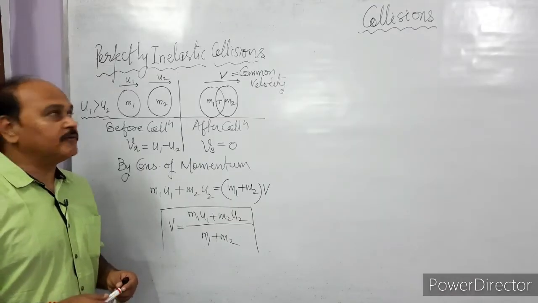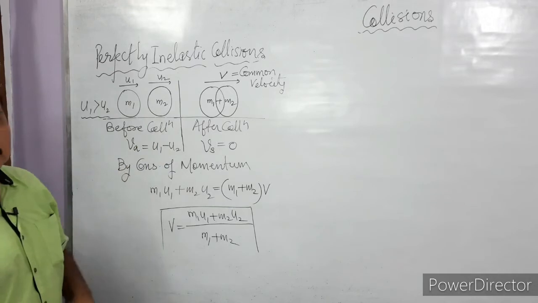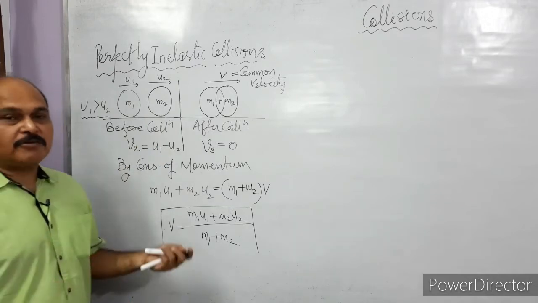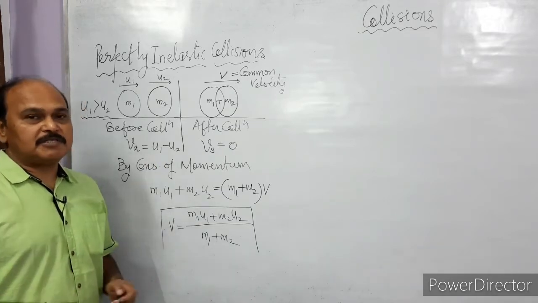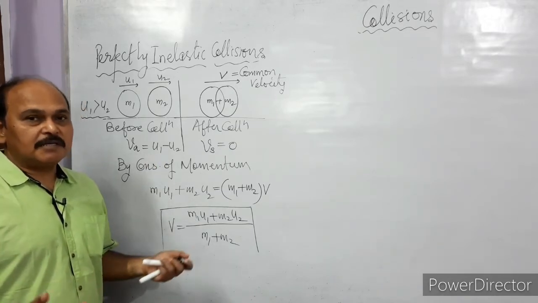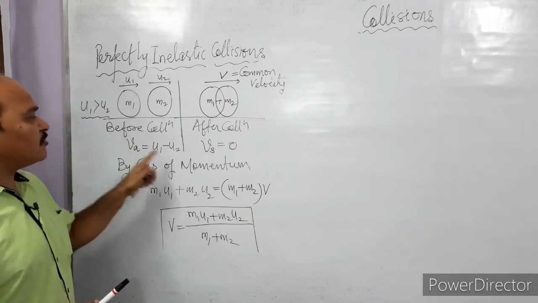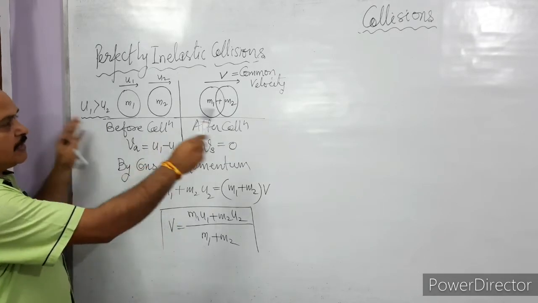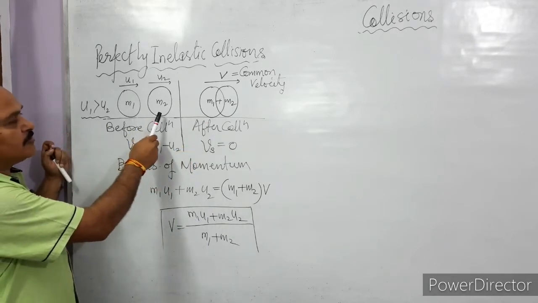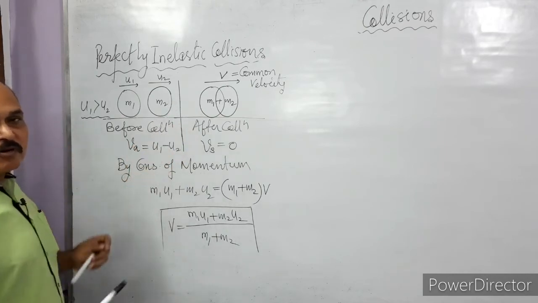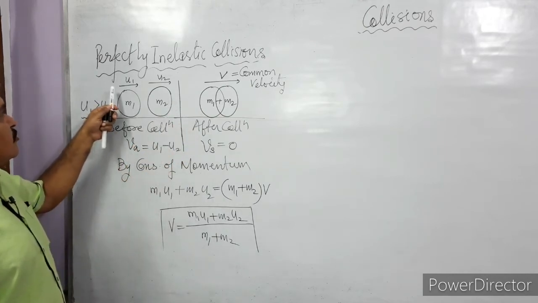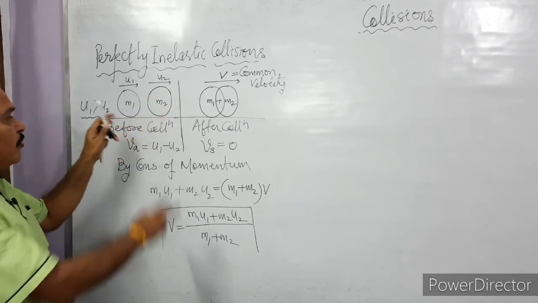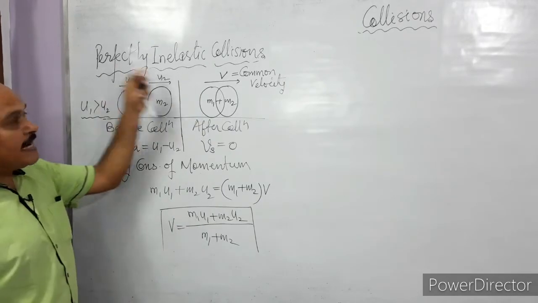Let's continue with perfectly inelastic collision. Well, children, we already know that in perfectly inelastic collision, the speed of separation is 0. As a result, the coefficient of restitution is also 0. So this is a situation here. This is mass m1, this is mass m2. They are moving over a smooth horizontal surface with the velocities u1 and u2. u1 of course is greater than u2, and both these masses collide perfectly inelastically.